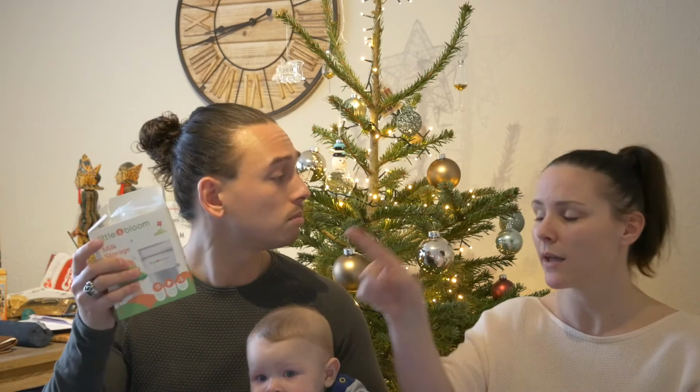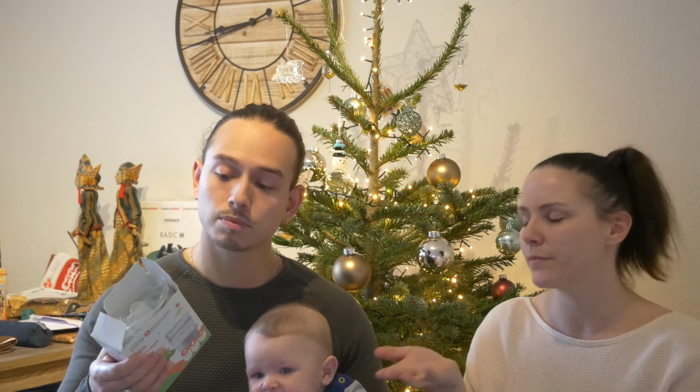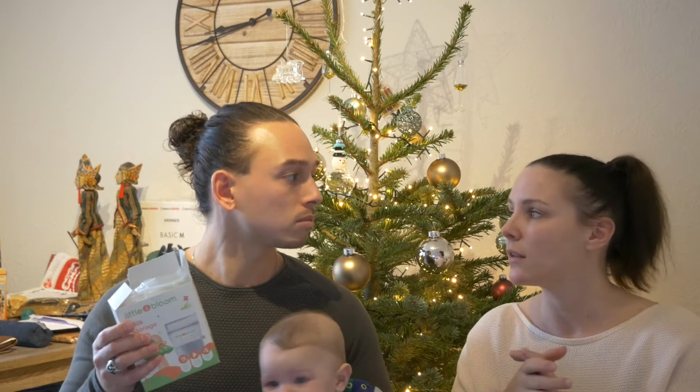And there's a bit on it where you can write the date and how much milk is in there, just so you know. Obviously, breast milk can be stored for about 6 months in the freezer, so just so you know the dates on it, you can write it on there. Great use. So whether you're going to give your baby expressed breast milk or formula, very handy obviously is to